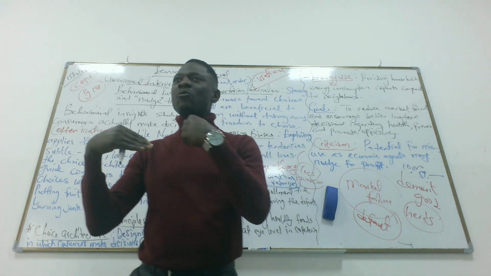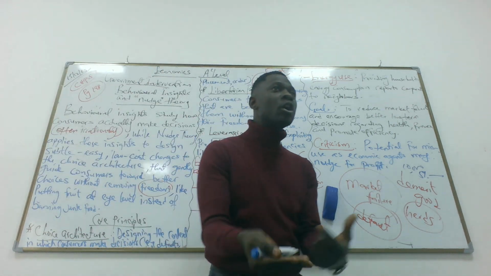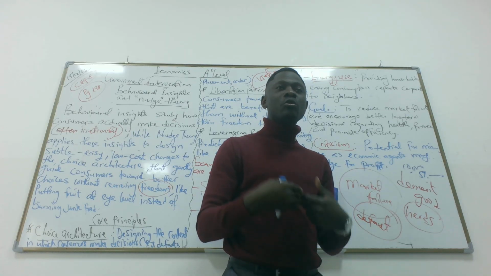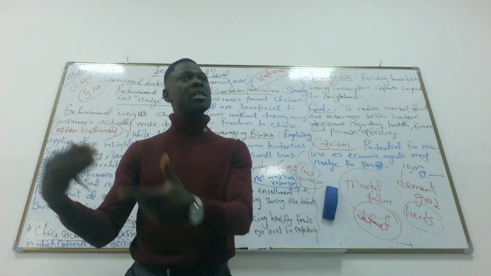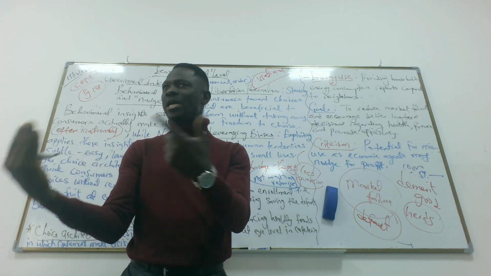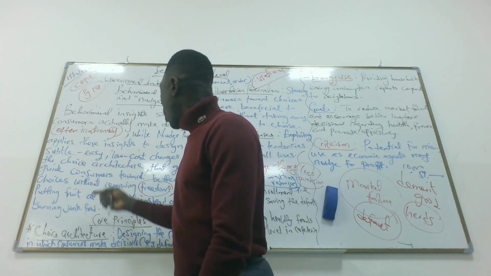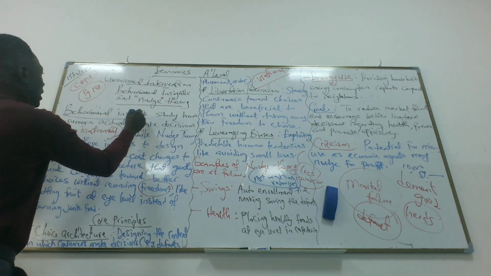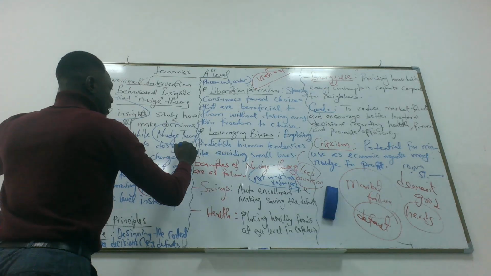So we have information about how consumers behave. Then we need an architectural design to put them through making the right decisions, because most of the time they make irrational decisions. So why do we have to do this? It's about the how and the why. So this is the how, and this is the why.